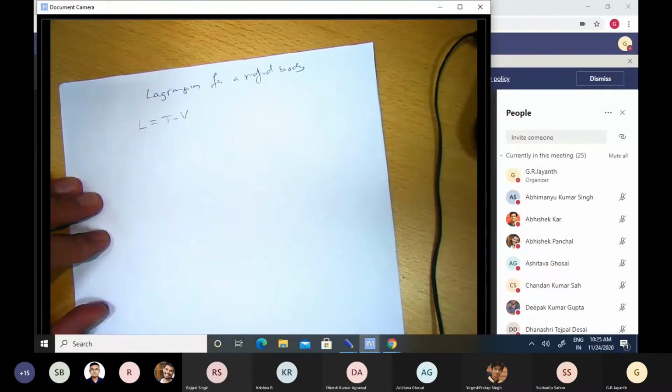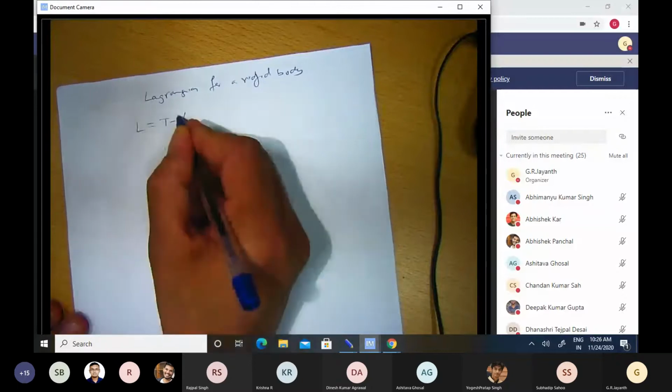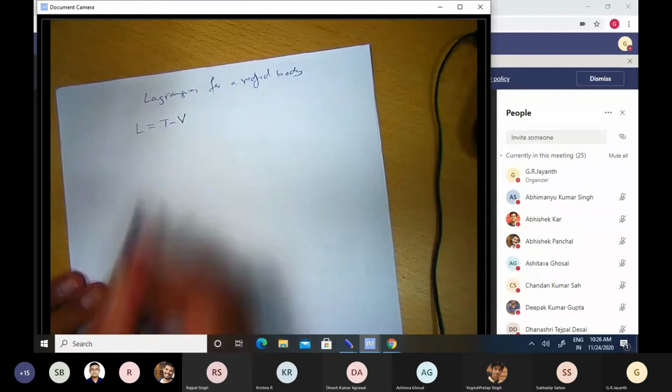Kinetic energy of the rigid body minus potential energy of the rigid body. And if the rigid body is in a gravitational field, the potential energy can be completely captured by the height of the center of mass of that rigid body above the datum that you have picked, above the ground. Right? So this potential energy term is fairly straightforward. You can treat that rigid body as a point mass situated at its center of mass, and then the height of that point mass above the ground will give you the potential energy of that rigid body. So there is no ambiguity, and no extra calculations or formulae are needed for computing the potential energy of the rigid body.